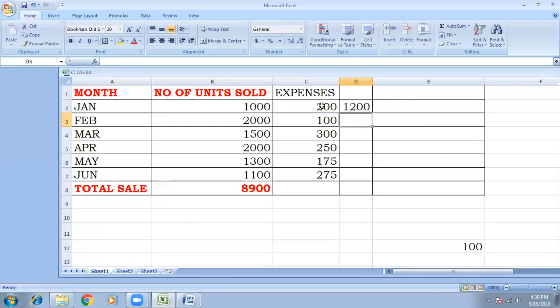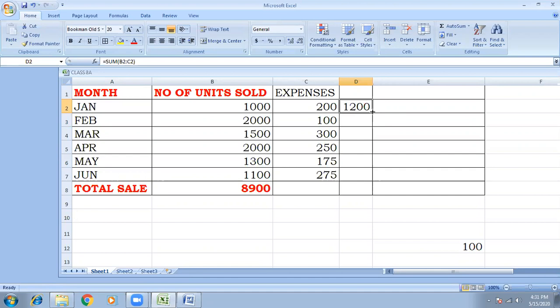Then the answer will become 1200. What is the location? B2 colon C2.